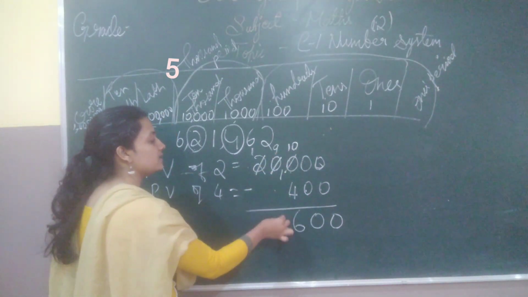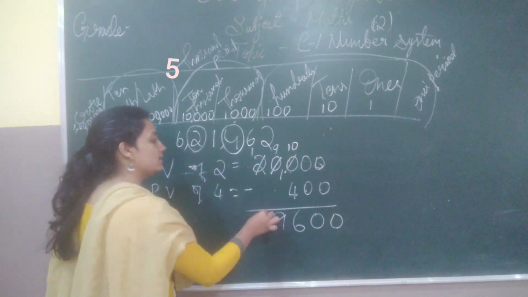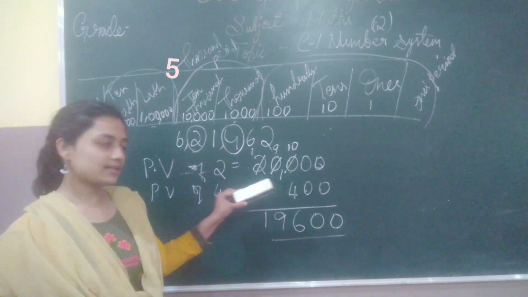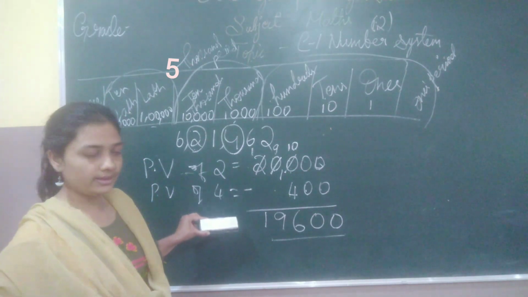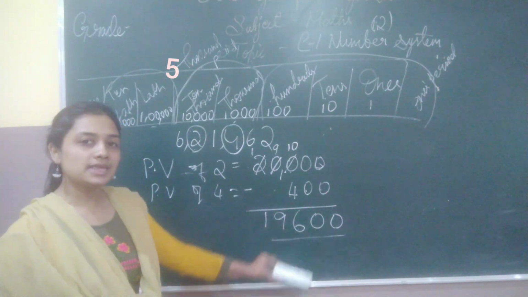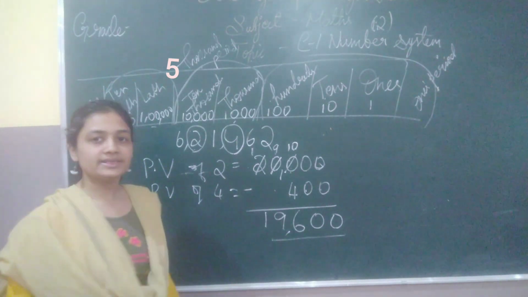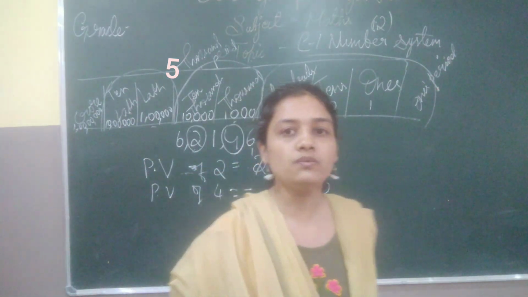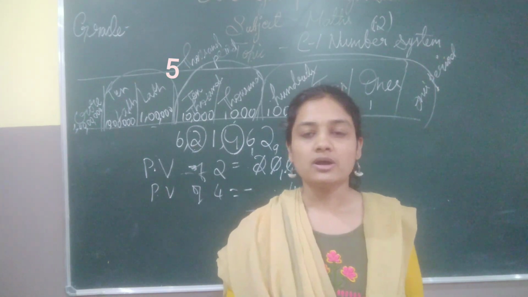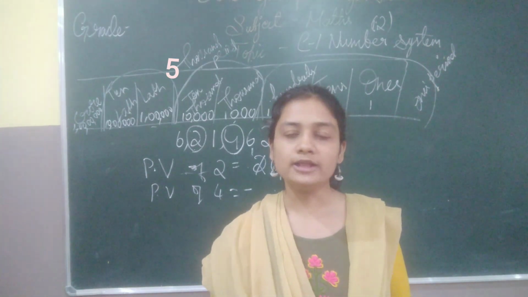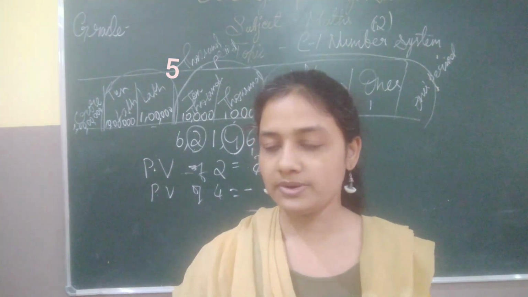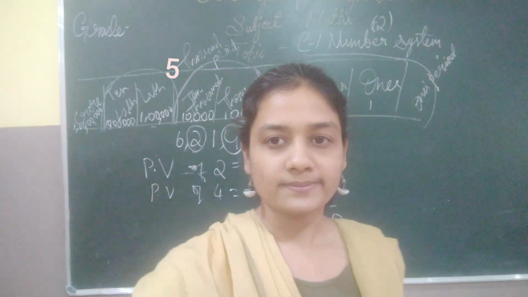9 has nothing here. So 9 only. 1, nothing, so 1 only. So the difference which we get after subtracting these two place values is 19,600. So the same types of problems we will be doing in the classwork part also for the practice, children. All of you open your classwork book and along with the textbook and all the necessary geometrical materials you need for it. So let's continue the classwork part.